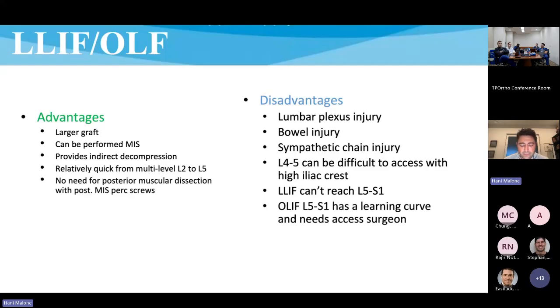I've not adopted the OLIF procedure. I think it's hard to take that on, or it could be hard, in terms of vascular access and stuff. And if you're going to need an access surgeon, then we obviously are blessed. I think an ALIF is still a really good procedure. And so,